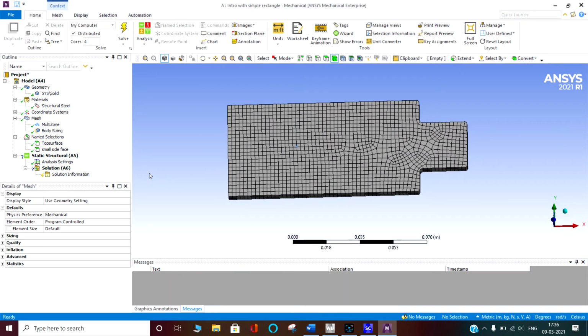After that we have to apply the boundary conditions. But I forgot, I didn't come here to do the analysis. I came here to explain the different components of the introduction to ANSYS, especially the mechanical. So I am going back again, first to the